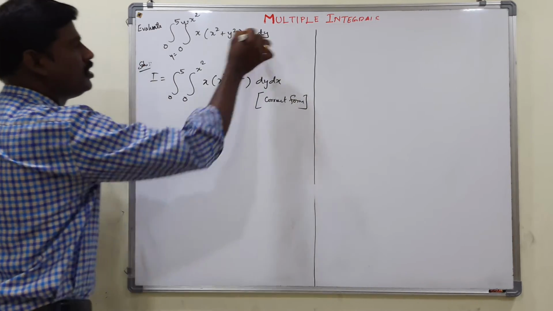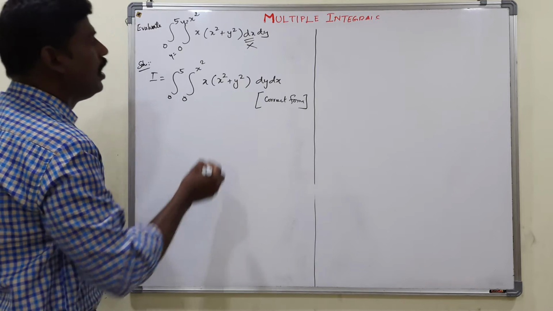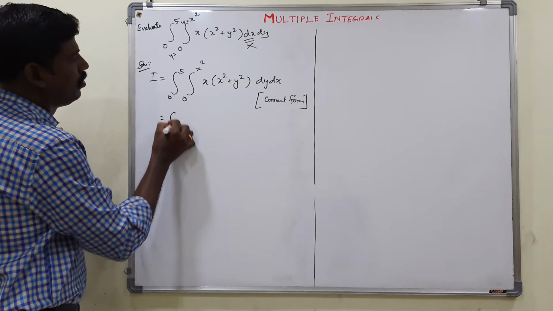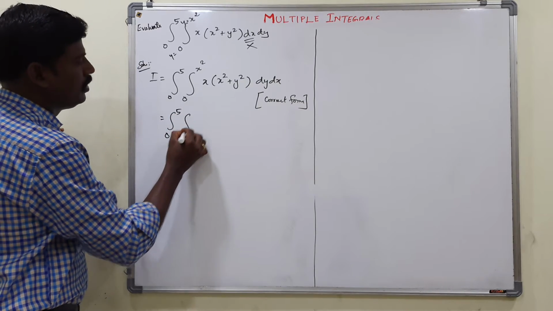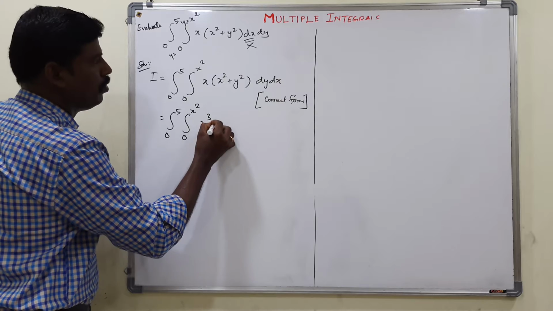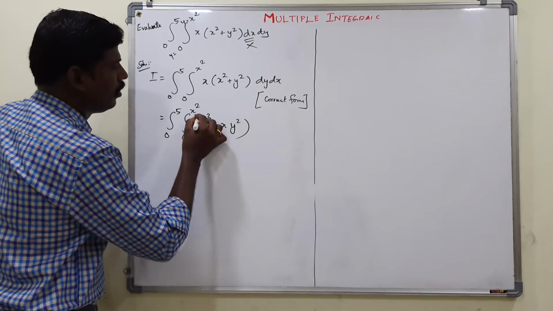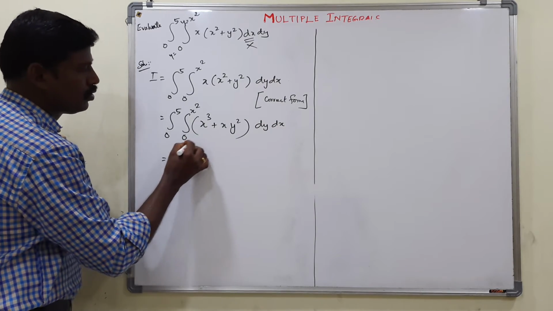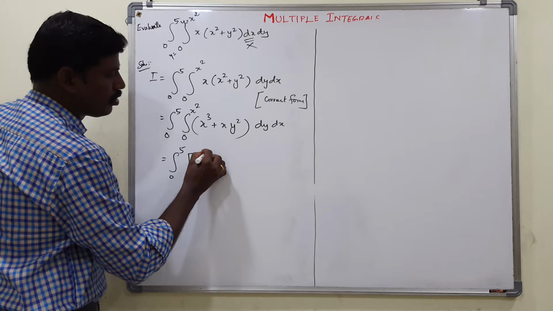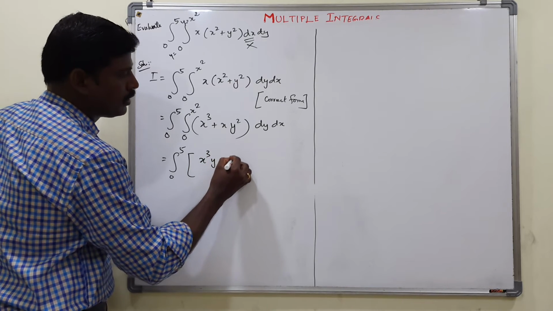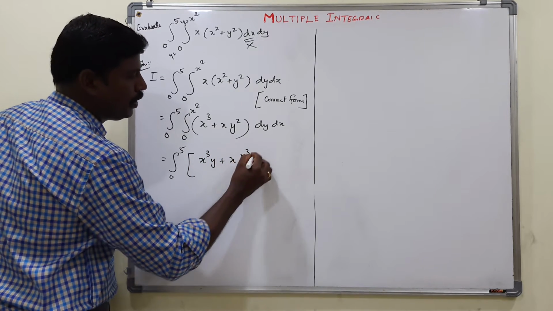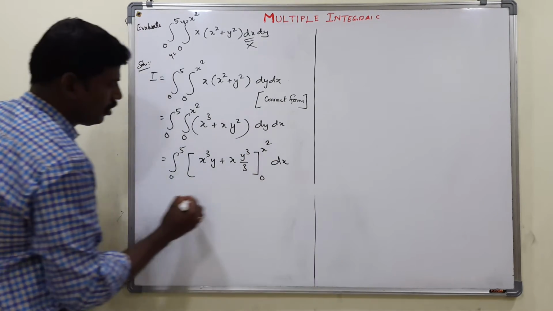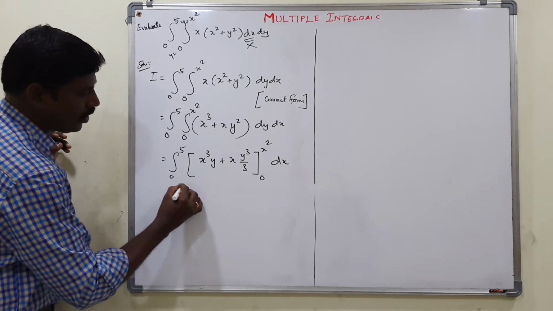In the given problem, this is not in correct form. So first of all, I make it into correct form and then integrate it. Okay. Right. So now multiply that x inside the bracket. x cube plus x y square into dy dx. Now I am going to integrate with respect to y at first. So x is a constant, x cube is a constant, x cube into y plus x into y cube by 3, y square becomes y cube by 3, right? So limit for y is 0 to x square into dx. So substitute the limit for y, not for x, okay?